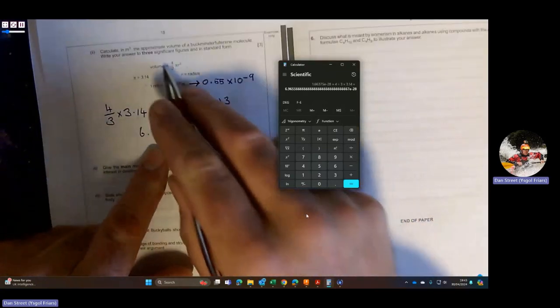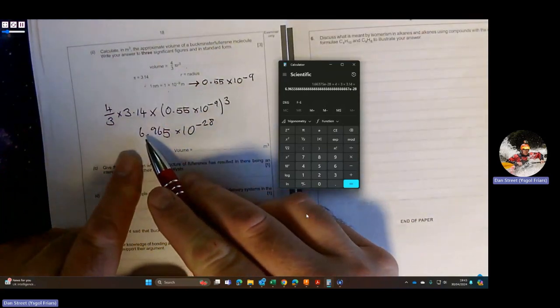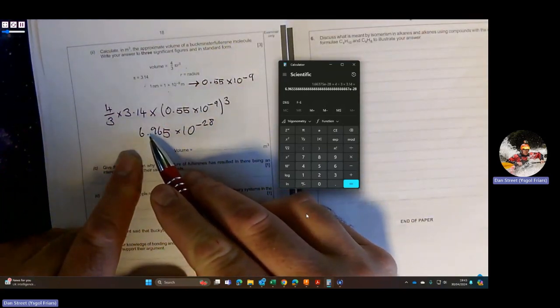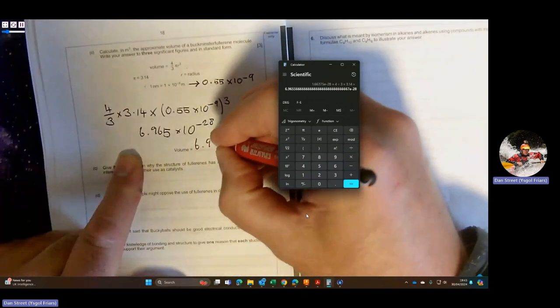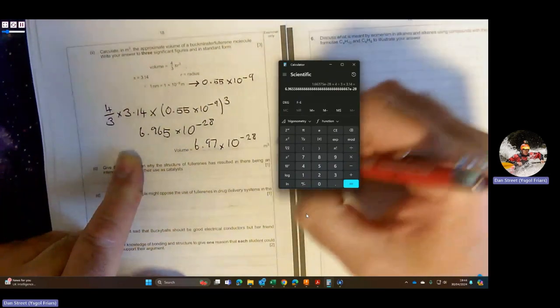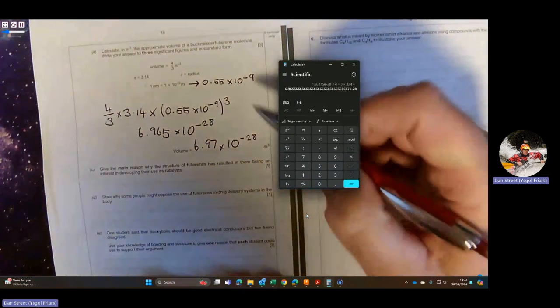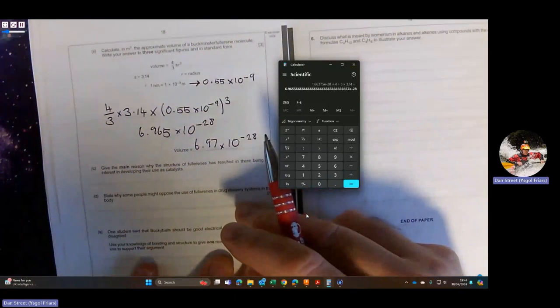However, it does ask us to quote it to 3 significant figures. We need to be careful there. So 3 significant figures is 6.97. Okay, so 6.97 times 10 to the minus 28 meters cubed. Okay, so just need to be careful how you use your calculator to make sure that you calculate out this